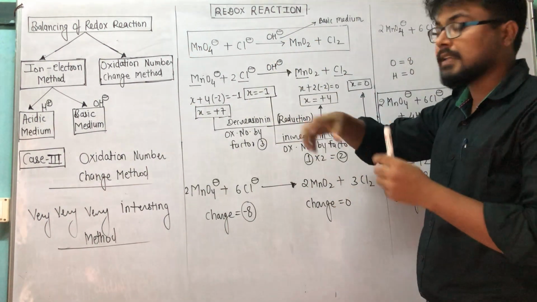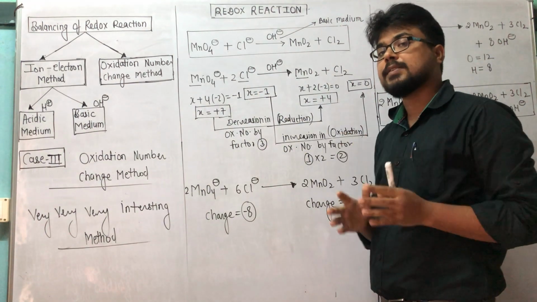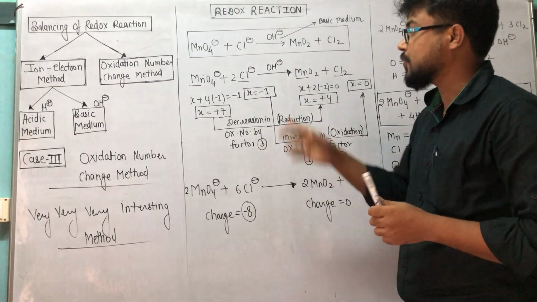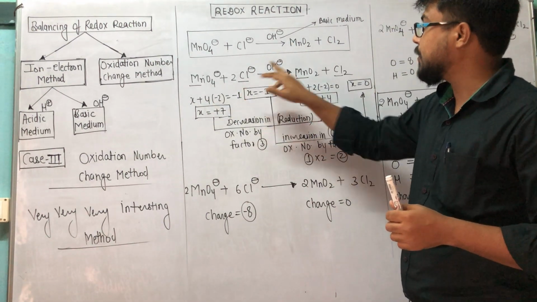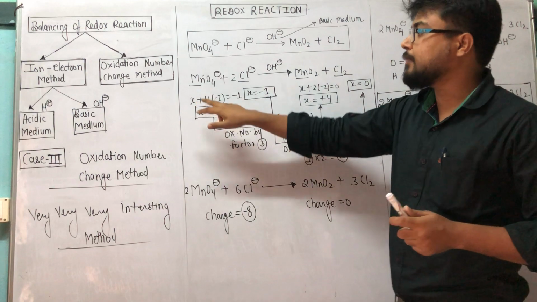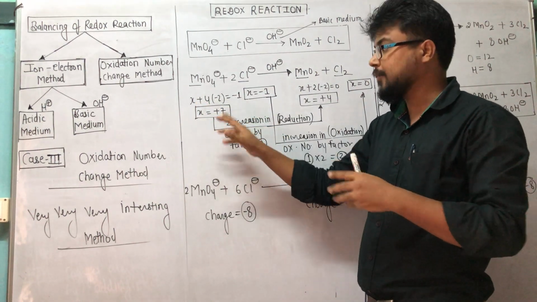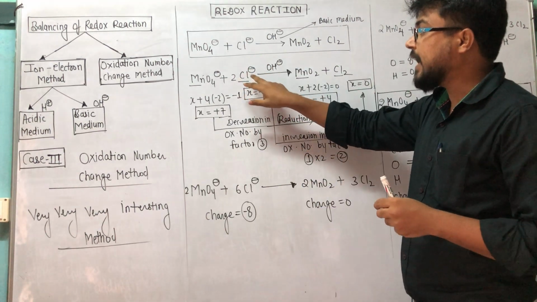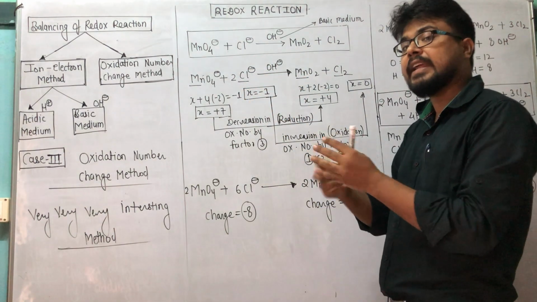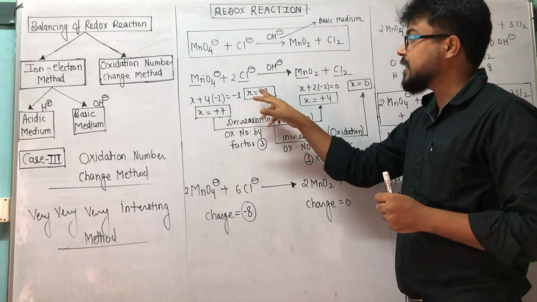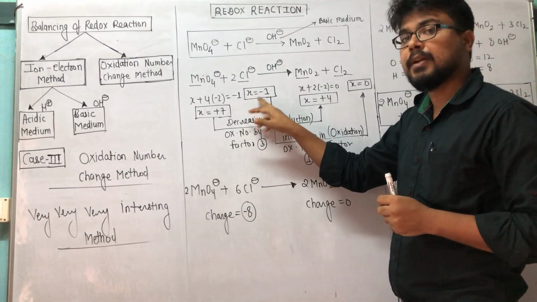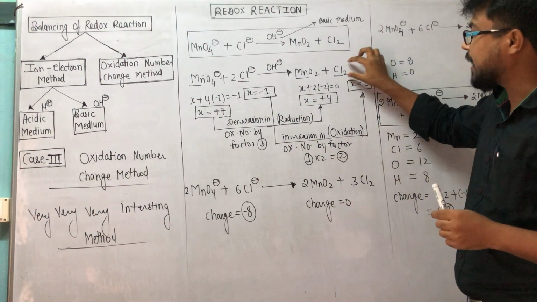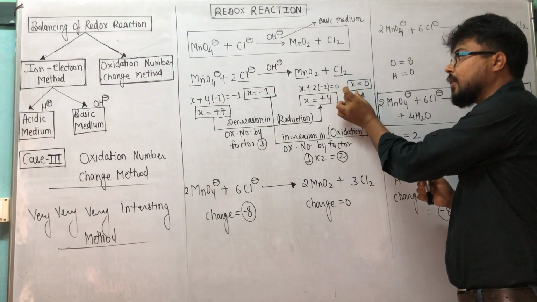Now my second step is to calculate the ox number of each and every element which is getting oxidized and reduced. So here Mn to Mn and chloride to chlorine, correct? Check the ox number of Mn, it will be plus 7. We did more practice already about ox number calculation. For chloride ion, whatever the charge of the chloride ion, it will be its ox number. So its charge is -1, so its ox number will be -1, correct? For MnO2, ox number will be +4, and for chlorine atom, ox number will be 0.